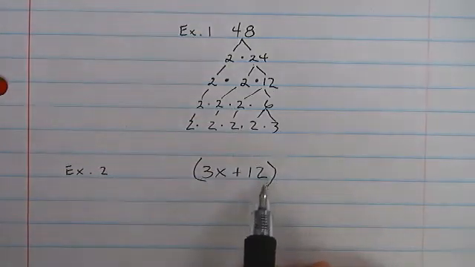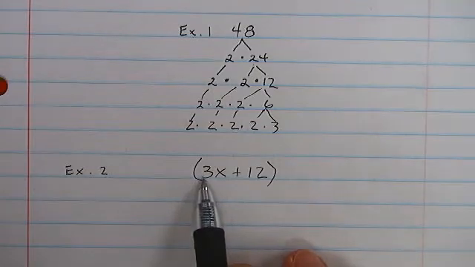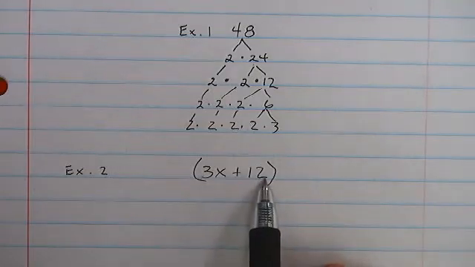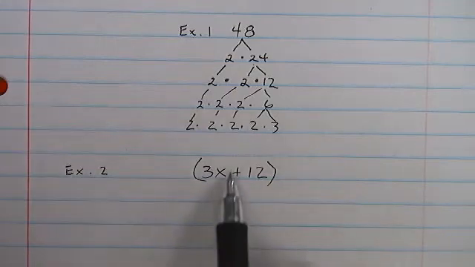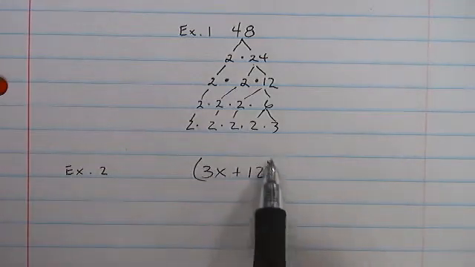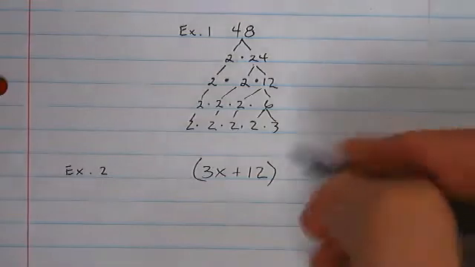And then essentially we're going to undistribute that number or that variable, if that's the case. All right, so in looking at this one, I have 3x and I have 12. So they don't share an x, so I know an x wasn't distributed. But if I look at 3 and I look at 12, I know 3 goes into both of those. So if I undistribute,